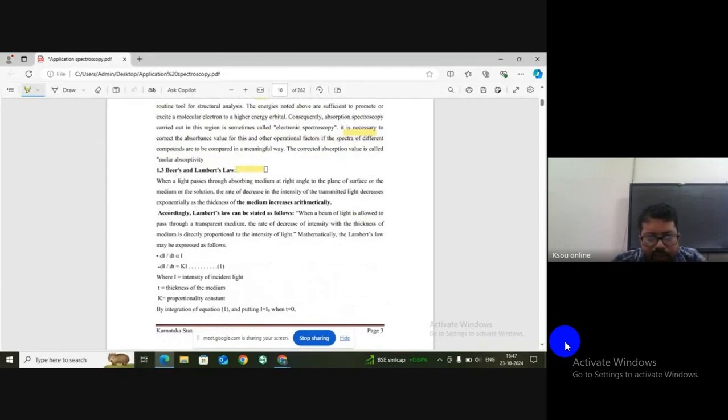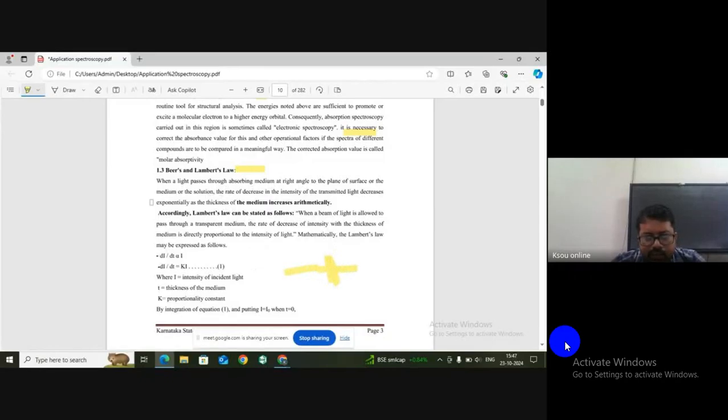So what is Beer's law? What is Beer's and Lambert's law? According to this, if a light, the incident light, passes through an object,